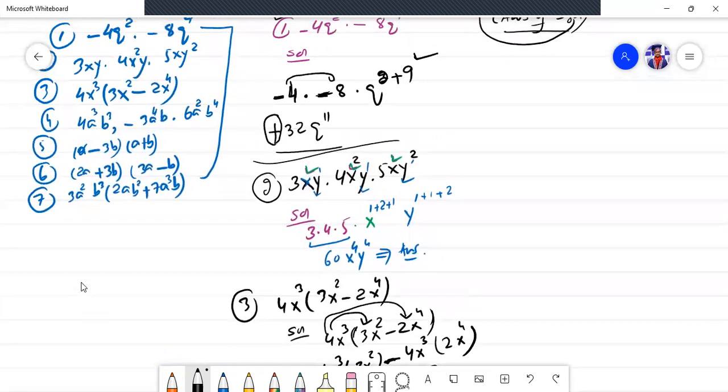So let's come to question number 4, question number 5, question number 6, question number 7. They are for your homework. Please do try them. Inshallah, we will try to have some solutions of this homework in the next lecture. Otherwise they are so simple and easy, therefore I am giving them to you as homework just for your practice purpose. Try to solve them, and I hope you will do it better.